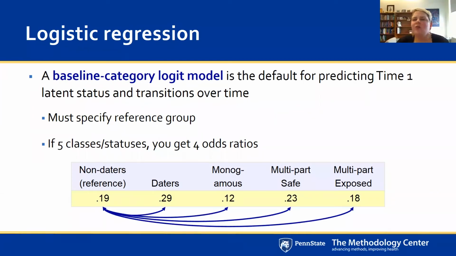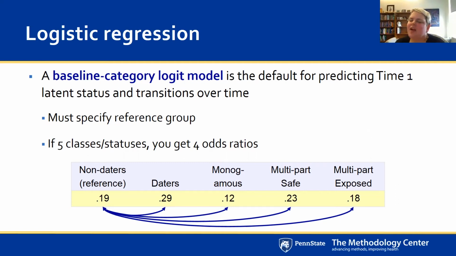Because we're in the categorical world, just as a reminder, what we're really talking about then are things like baseline category multinomial logistic regression. Okay, so baseline category multinomial logistic regression is the default for predicting time 1 latent statuses